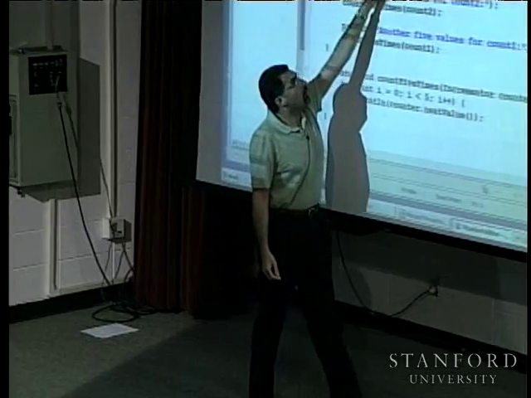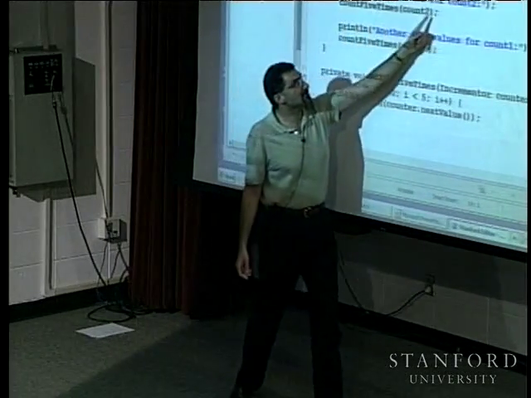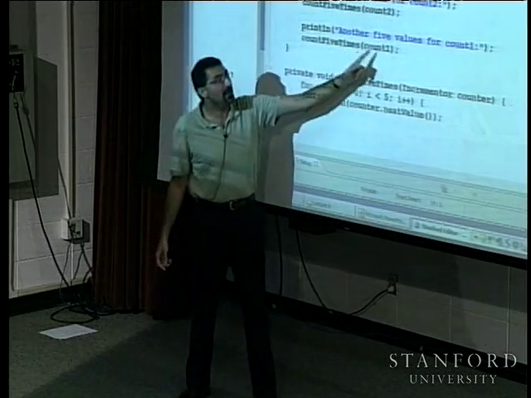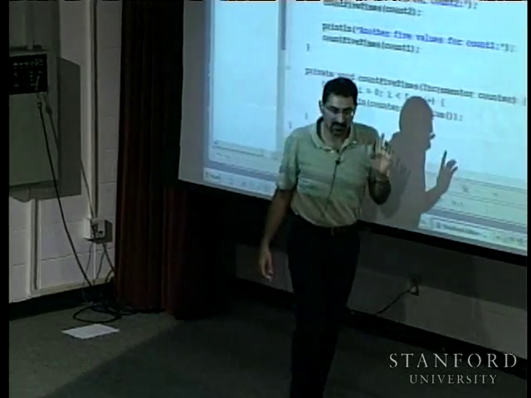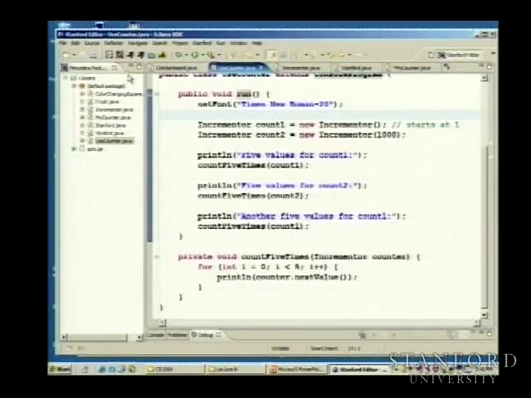So I'm going to say, what are the first 5 values for count 1 and call this function? What are the first 5 values for count 2 and call the function passing in count 2? And what are another 5 values for count 1? Okay, so let me go ahead and run this program. You can see what's going on. So if I run this,